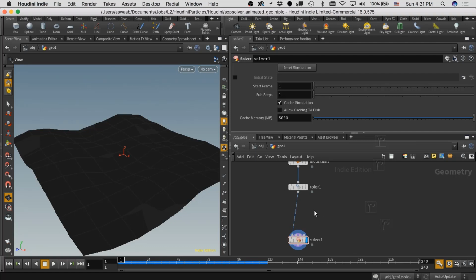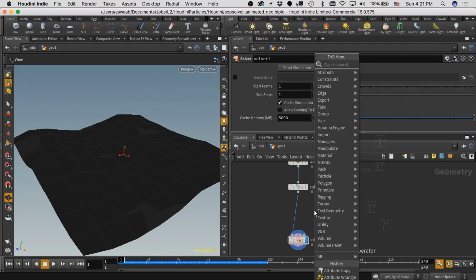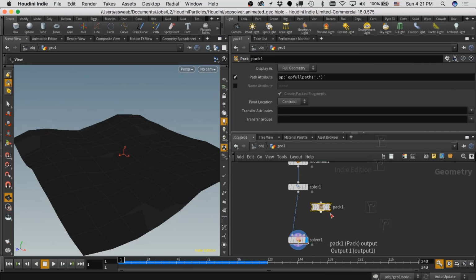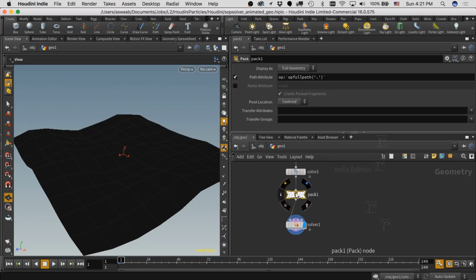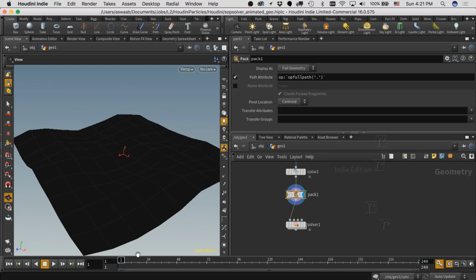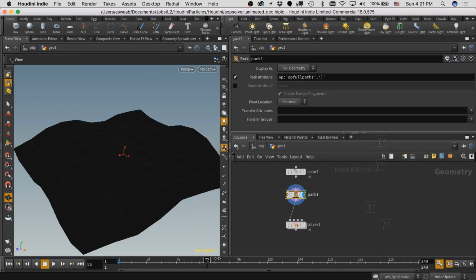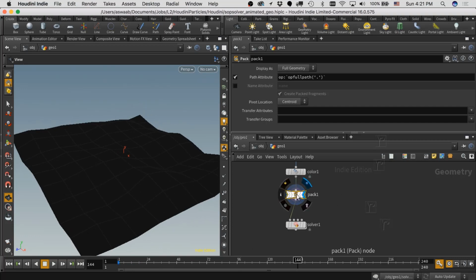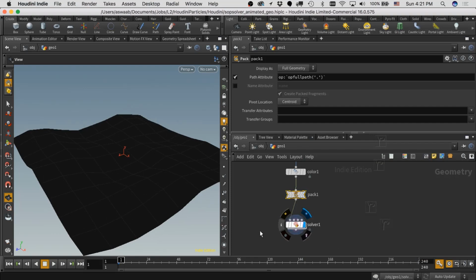One other thing that you might run into is when you're dealing with packed geometry. Sometimes when you're bringing in Alembic files or data from other programs, it's going to come in as this packed data format. And you can see now that what we really only see is one point here and one primitive. So when I play this forward, it all moves and does what it's supposed to do, but it really only evaluates this way. If we look at this from the solver,